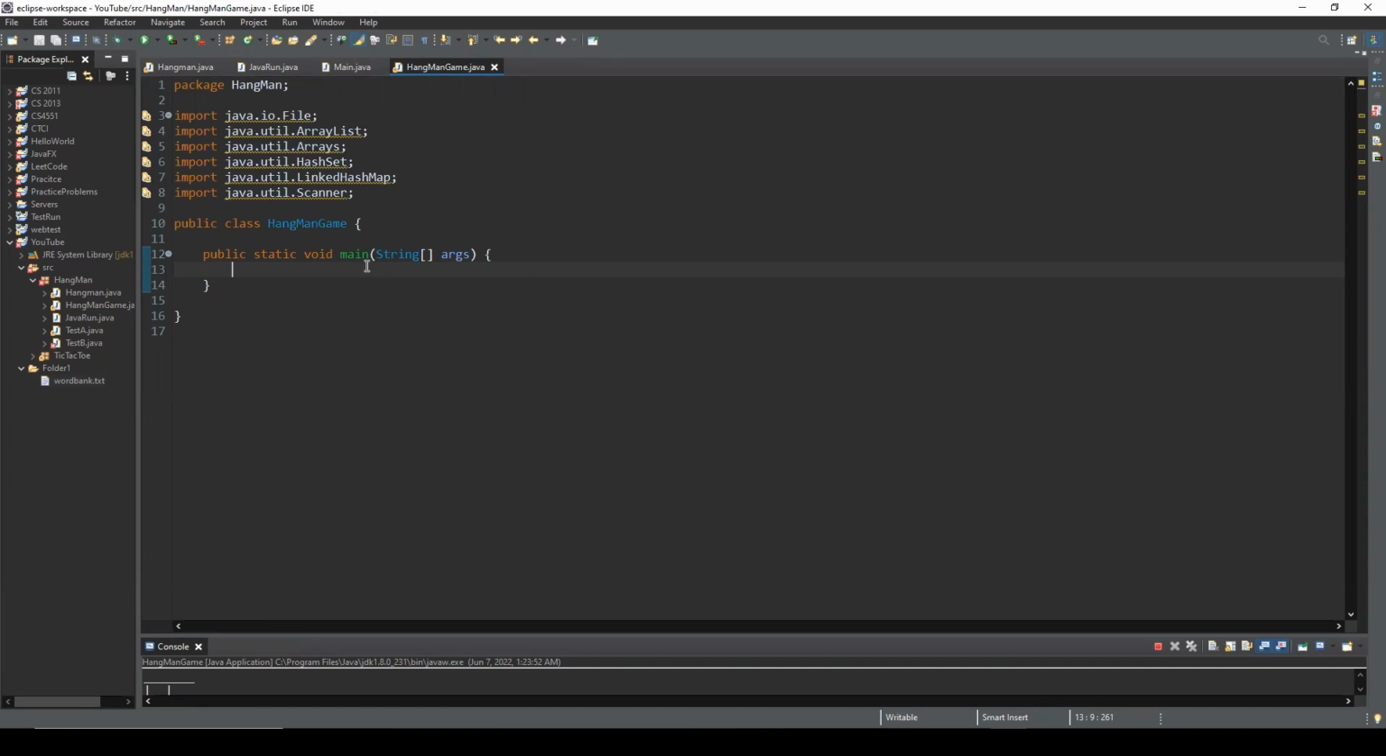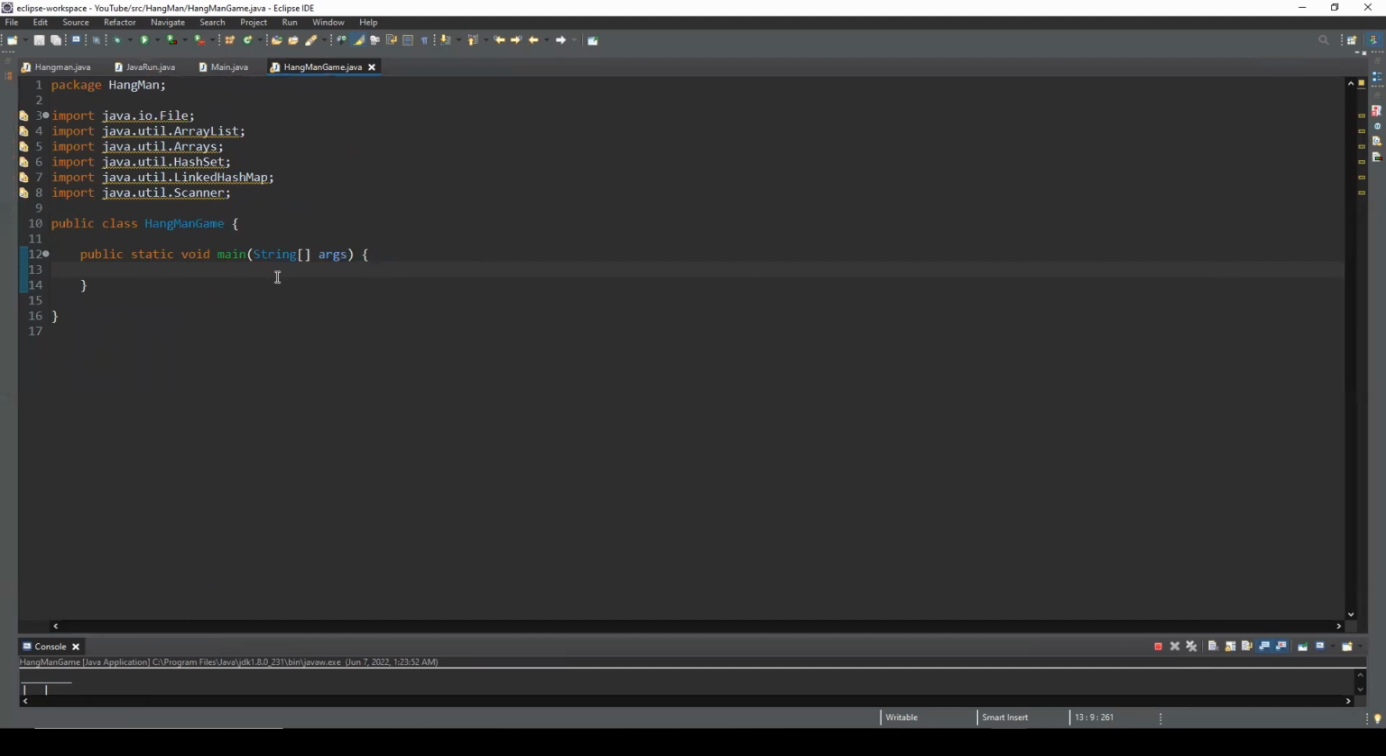Once we have these words in a list, what we can do is then just choose a random word. So that's the very first step. We're going to make an array list of type string, and let's call it word bank. Word bank is equal to,